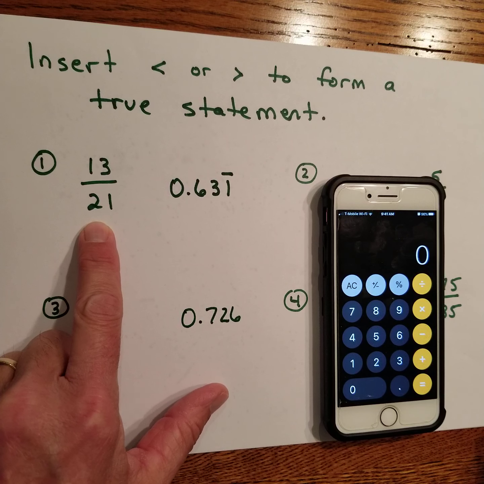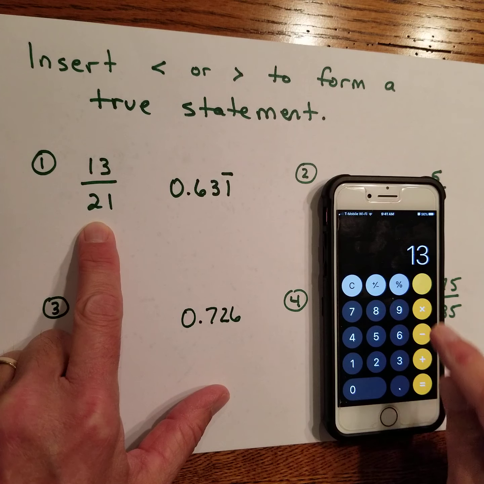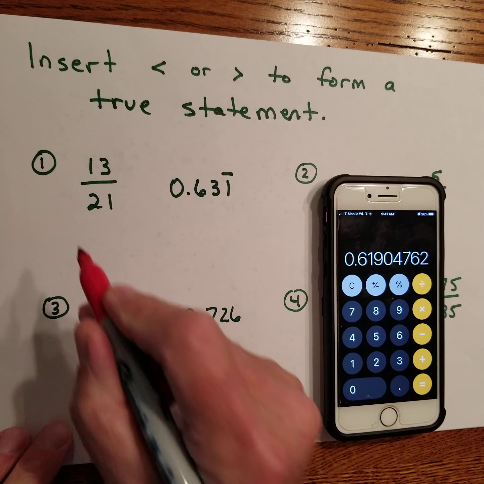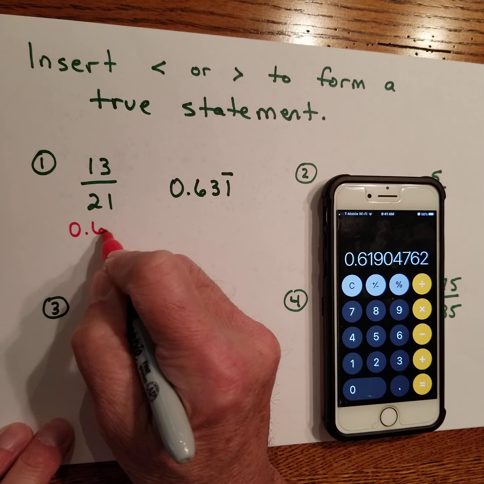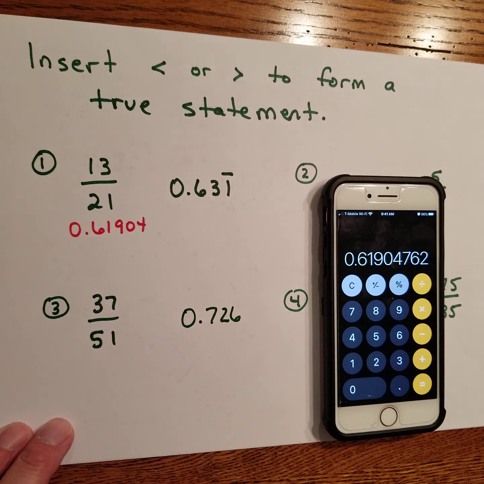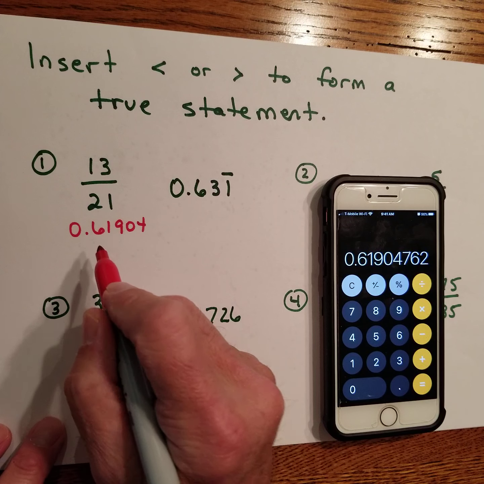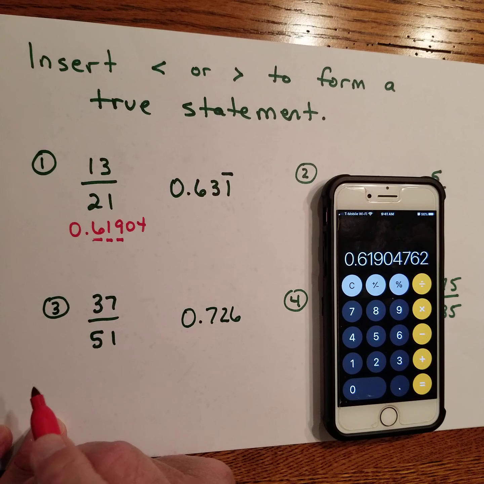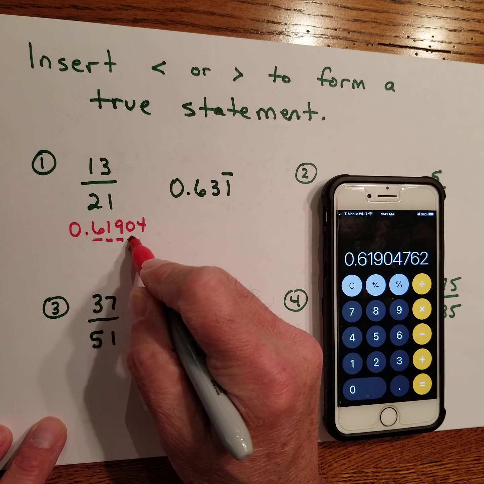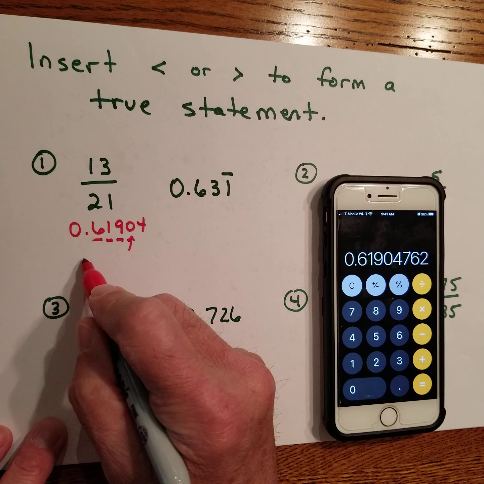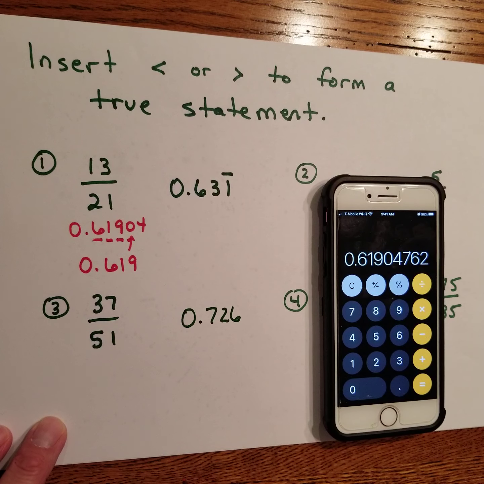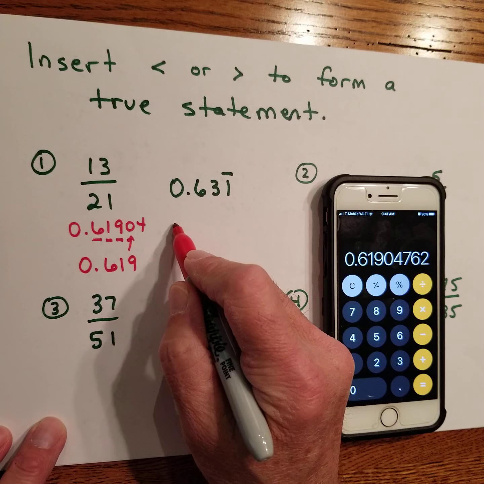Let's change 13 over 21, which on my calculator is 0.61904. Now I'm going to round these to the nearest thousandth. 1,000 has 3 zeros in it, so we'll round to 3 decimal places. Check the next place out. That's small, so this remains a 9, 0.619. We compare that to